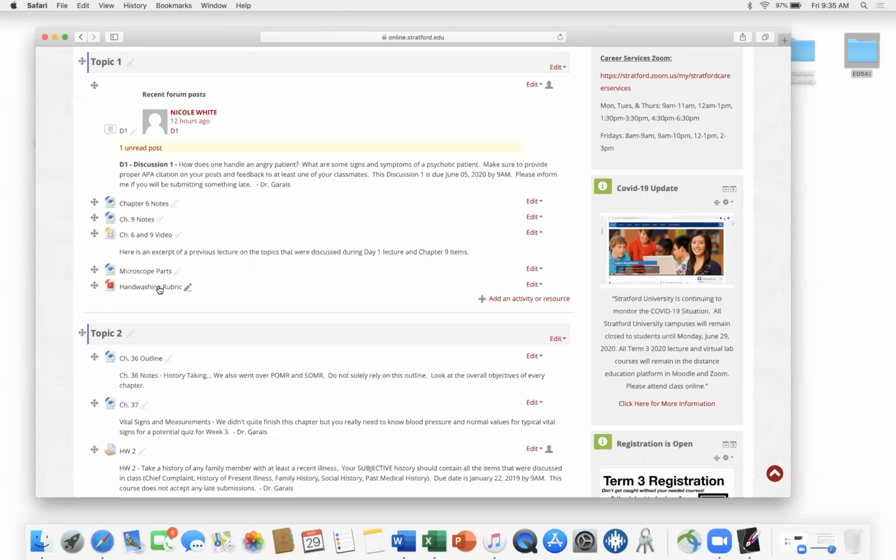For part of the laboratory, look at this hand washing rubric. It just explains how to do hand washing, but I'll probably also put a video on hand washing. I'm hopefully going to get to the campus by Monday, so I'll do a video on basic clinical hand washing. Microscope parts, if you haven't seen a microscope in a while, look at this, because remember